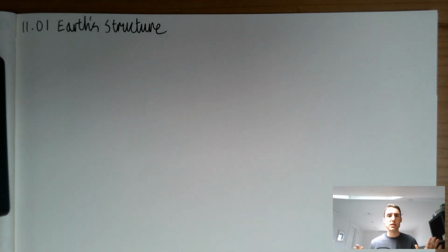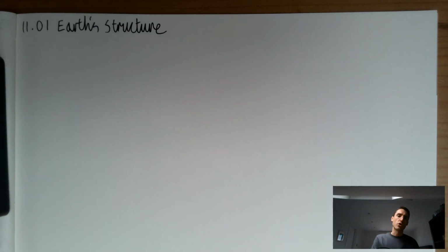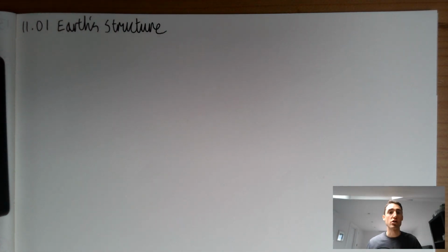So it's a simple distinction. It's not perfect all the time, but in general, in science, we look at the processes. In geography, they look at the impact. And that's something important to stress to students, that we're not just covering the same stuff. We're looking at it from quite different perspectives. Anyway, that's an introduction. In terms of this lesson on Earth structure,